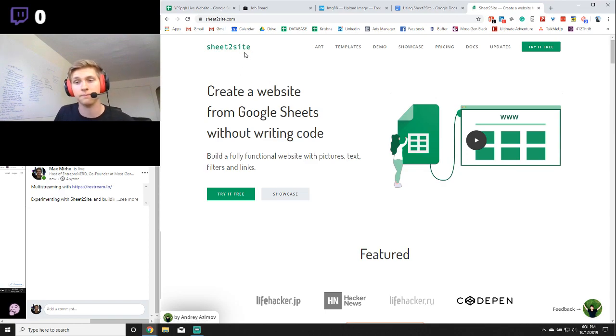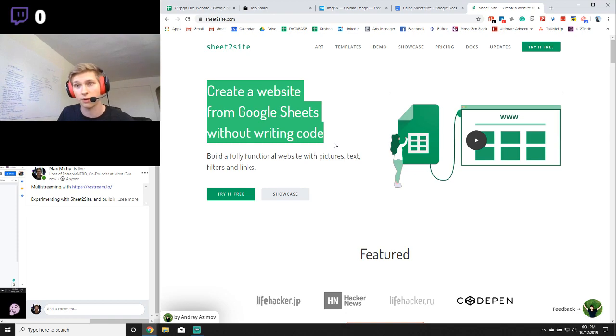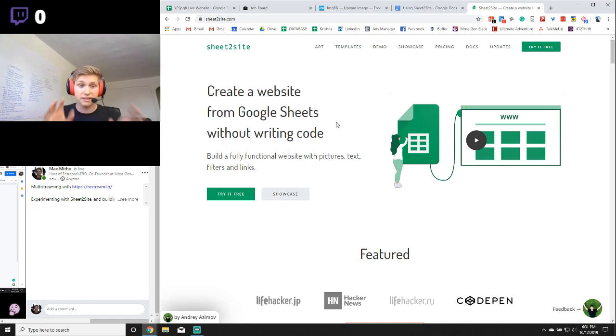So Sheet to Site, cute little thing, very neat, but it's essentially you create a website from Google Sheets without writing code. And the reason that's nice, I'll get into it more a little bit later, is because Google Sheets are so controllable, right? They're so,